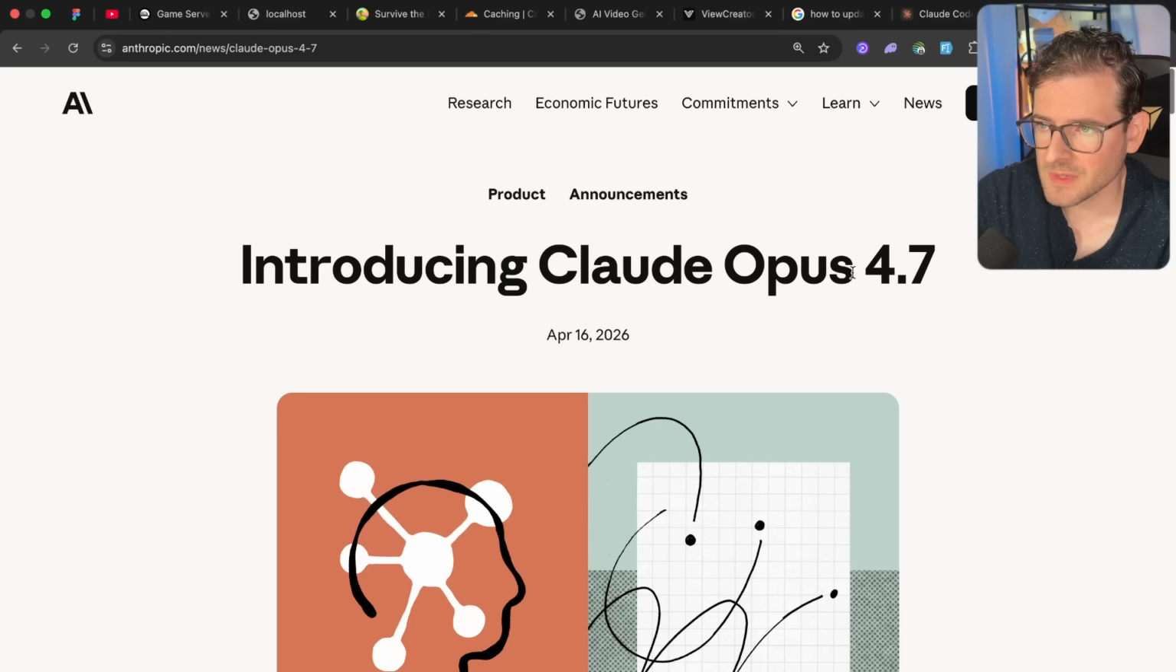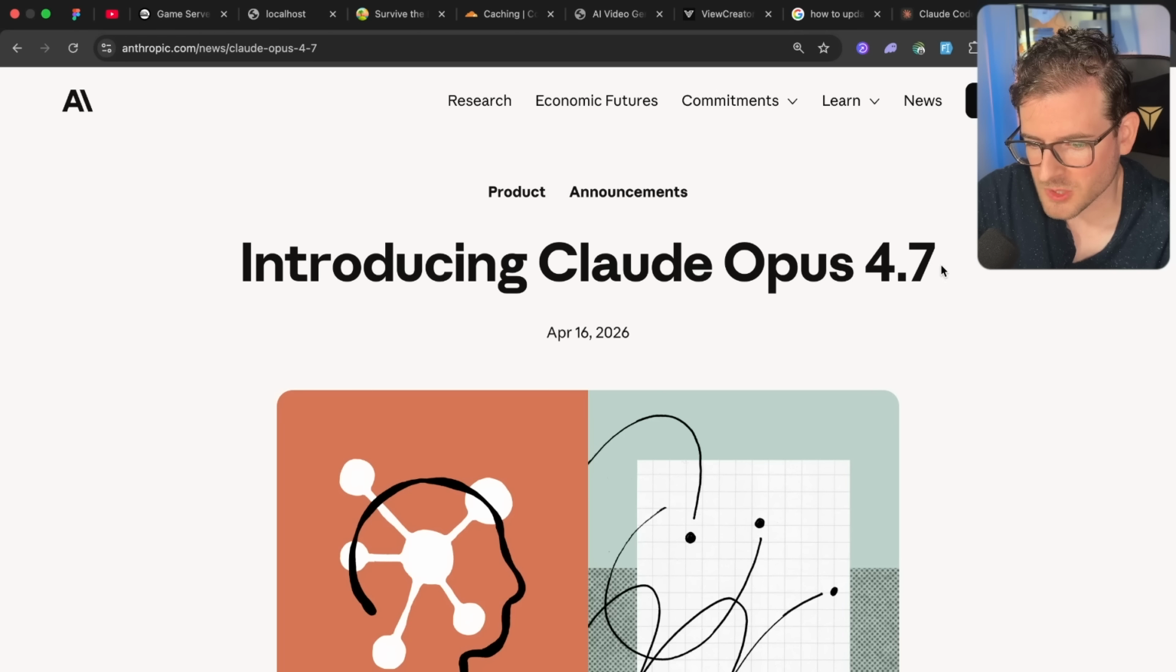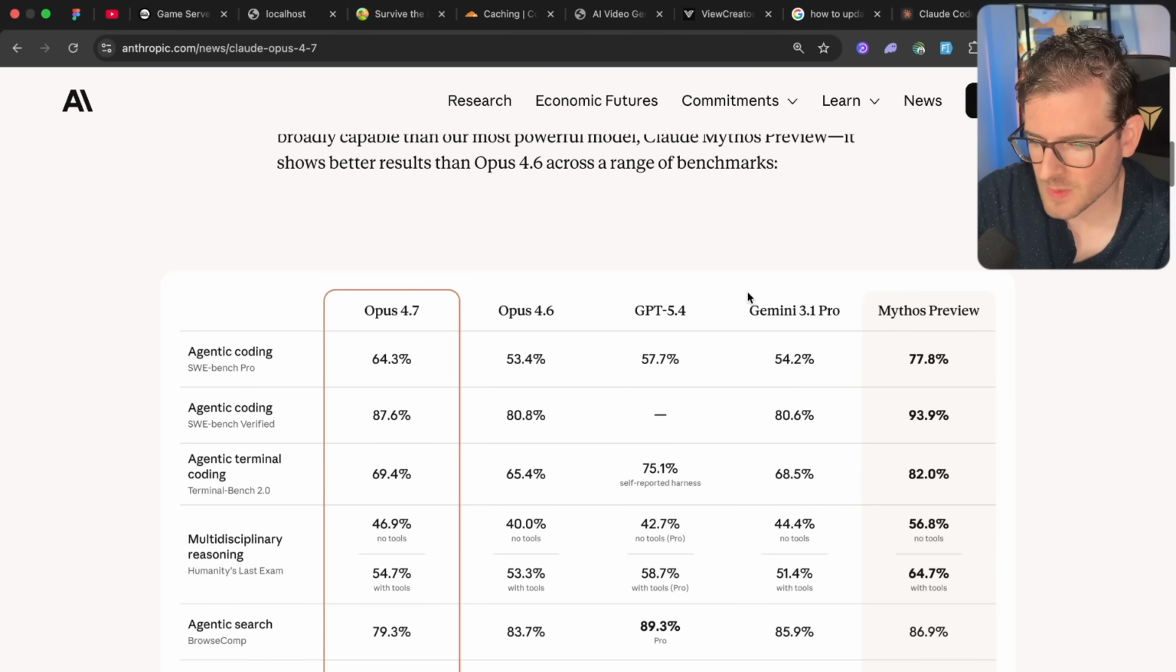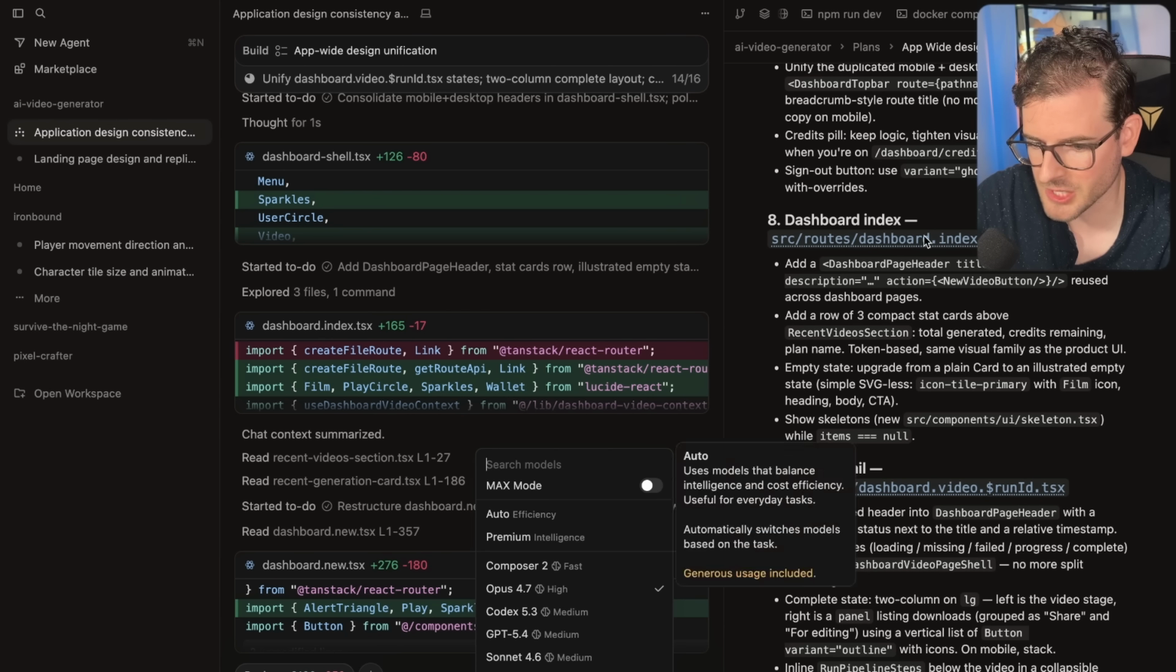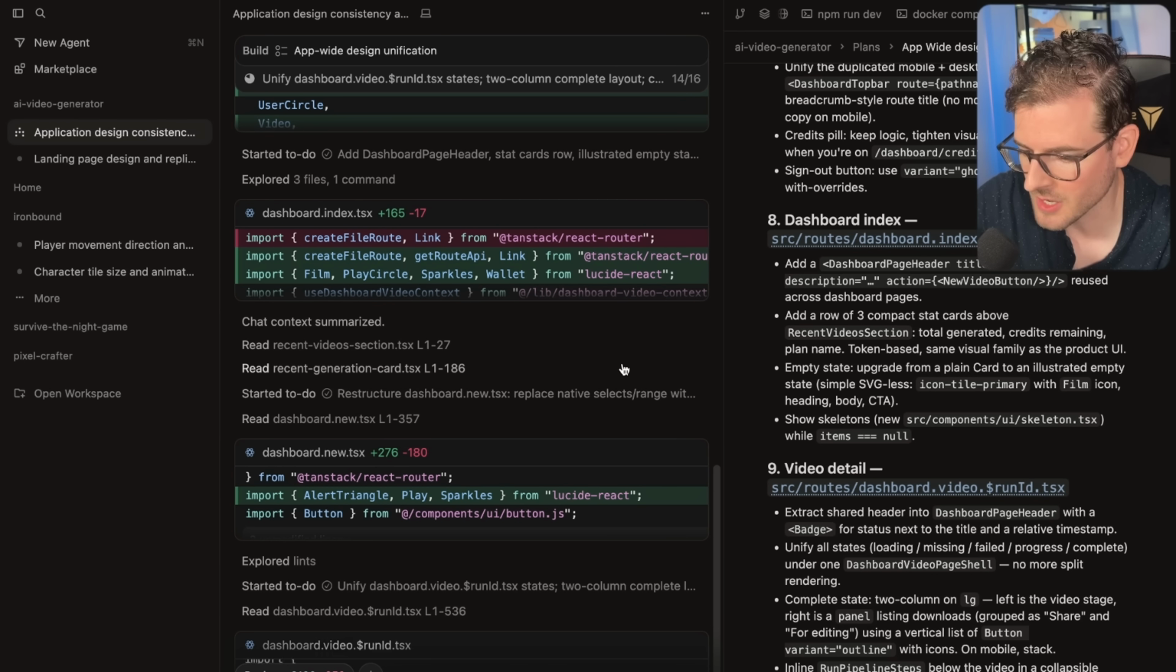So Anthropic just released today their latest version of Opus. So Opus 4.7 is now announced. We can use it. In fact, this is actually available in Cursor. I actually have an Opus 4.7 plan generated and running right now to do some refactoring on a project that